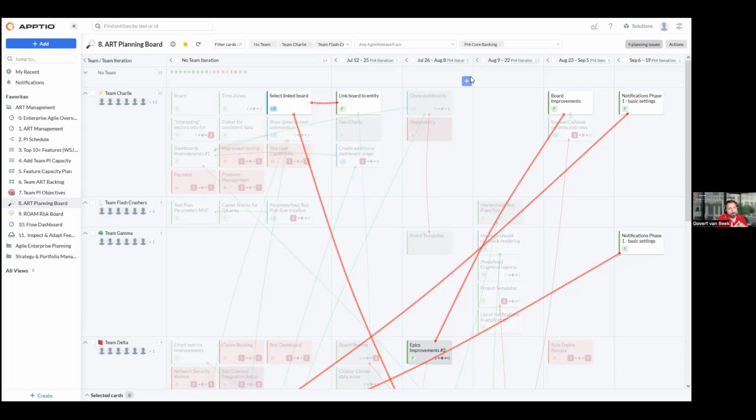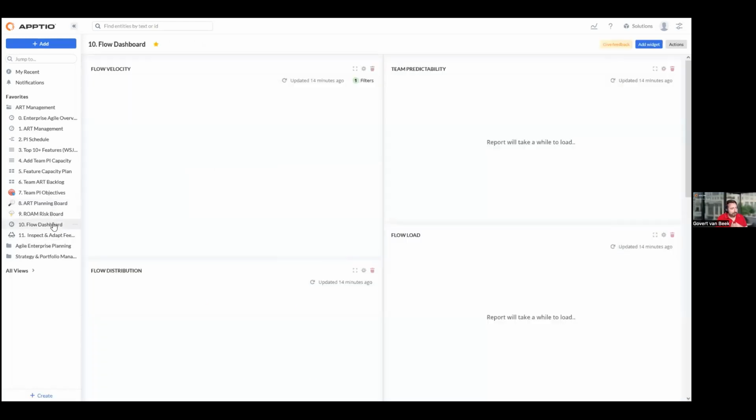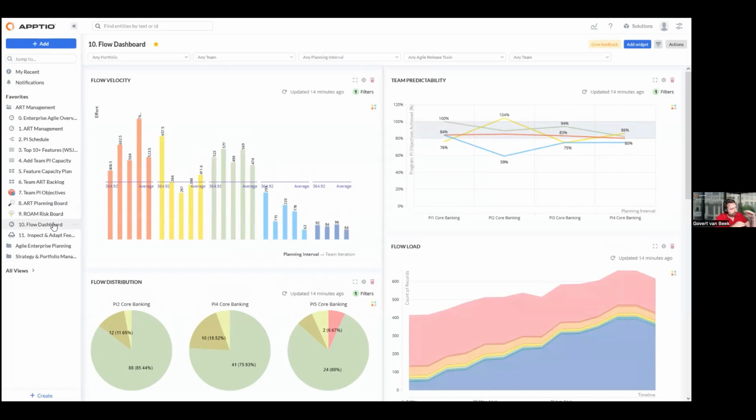Yes, absolutely. And what you also want to know is, okay, how did we perform? How are we performing? Are there maybe teams that need to improve because, for example, they don't really deliver what they have agreed upon? Well, a great one for that is, of course, the planning interval. Teams can use the predictability indicator as a great way of showing that. And there we can see that, for example, Team Rondeau had some issues in a specific planning interval, and that now some actions have been taken, maybe some capacity has been raised to ensure that their predictability goes up towards